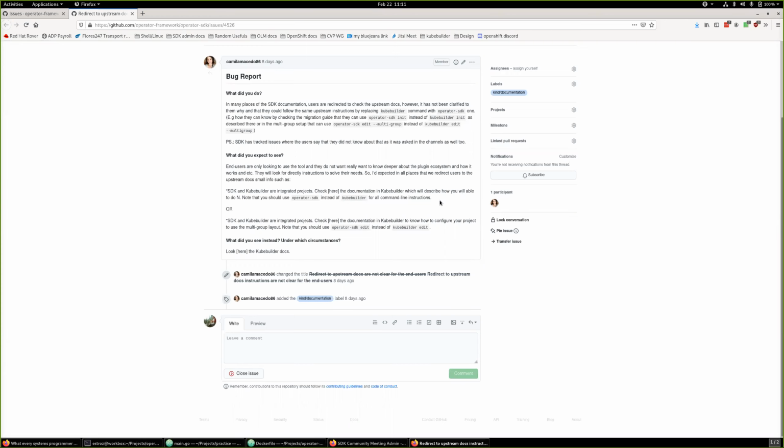And even as a follow-up, this is a pretty big operation, but we should really align the content of the samples between KubeBuilder and Operator SDK. If we're referring people to an upstream set of documents that talk about a cron job versus memcache, that can make it even more confusing. So we really should get rid of memcache and just start using the cron job example in our own samples